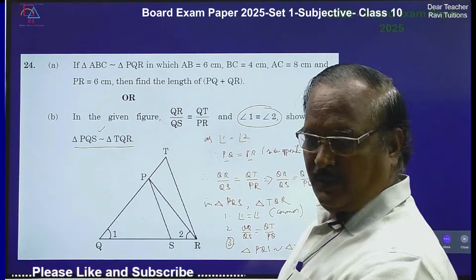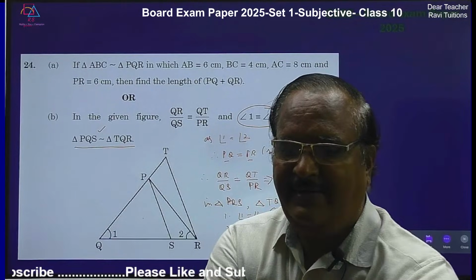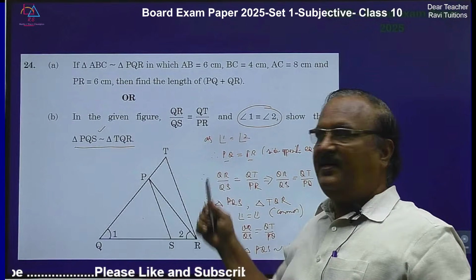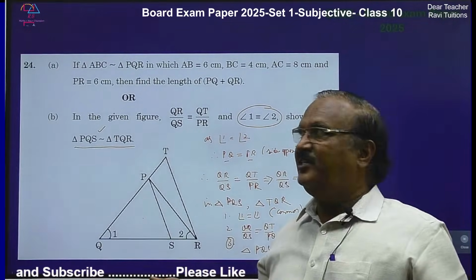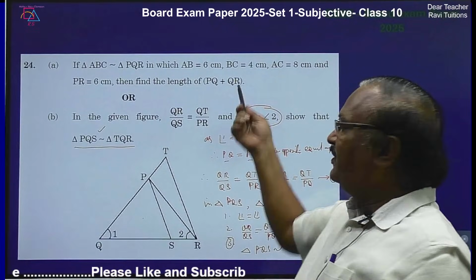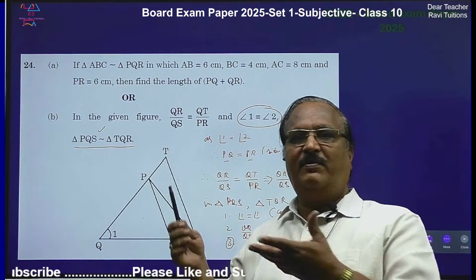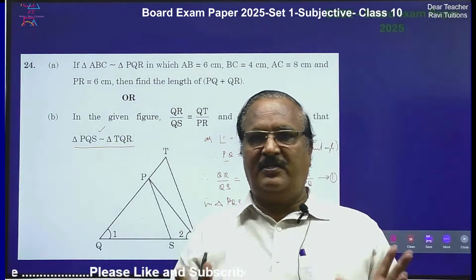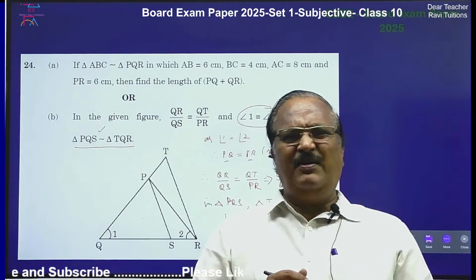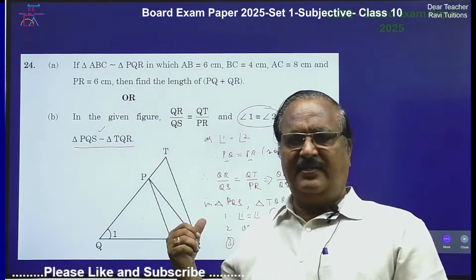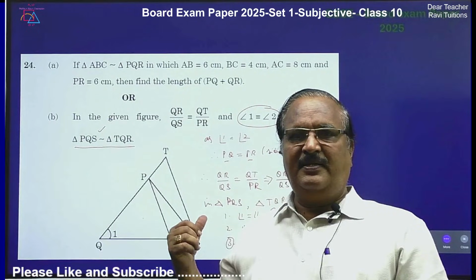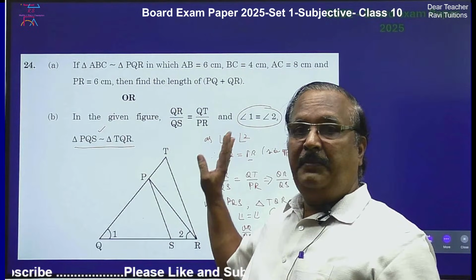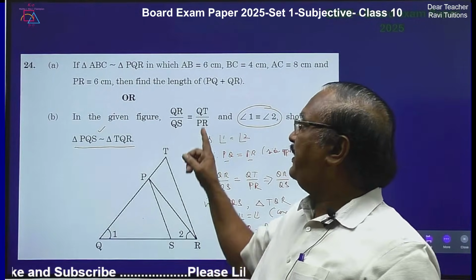So this is how it will go, right? Very easy similar triangles questions only. They are not difficult, and this question is not there in the textbook. Both the questions are not there in the textbook, so you will definitely get them from outside. So 100% you have to understand the concept if you want to do the questions, because only very few concepts are there in this. It is not the basic proportionality. You can apply basic proportionality also, but it is not the basic proportionality theorem concept. It is completely similar triangles